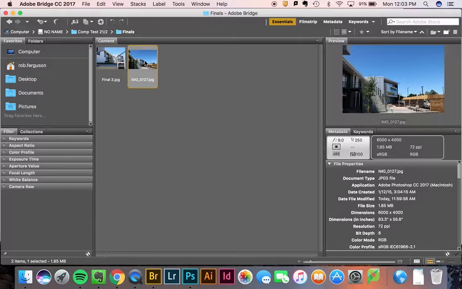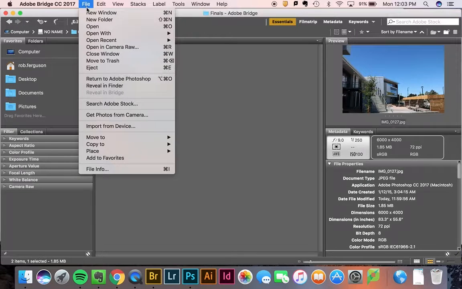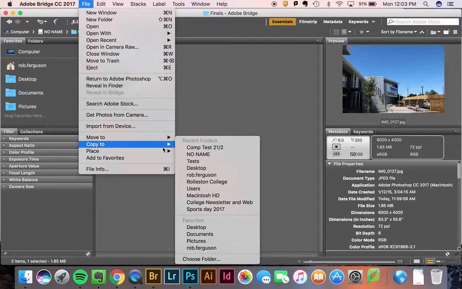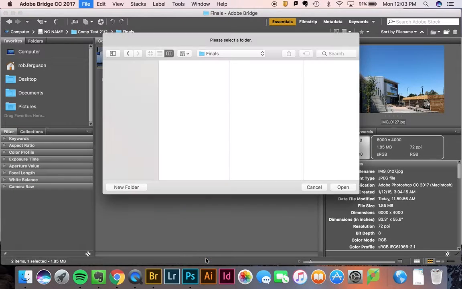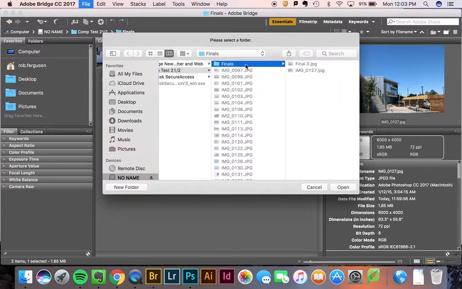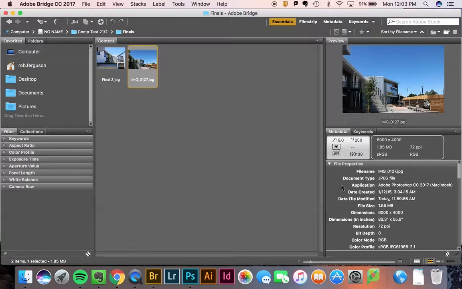So the first thing we need to do is let's make a copy of that image. So therefore we then will have an image that we can always go back to, which is sort of like our original image. So the first thing we do, highlight it, file, copy to, and you'll need to go down and choose a folder and say that you want it to be put into finals, and there we go, and we have a copy